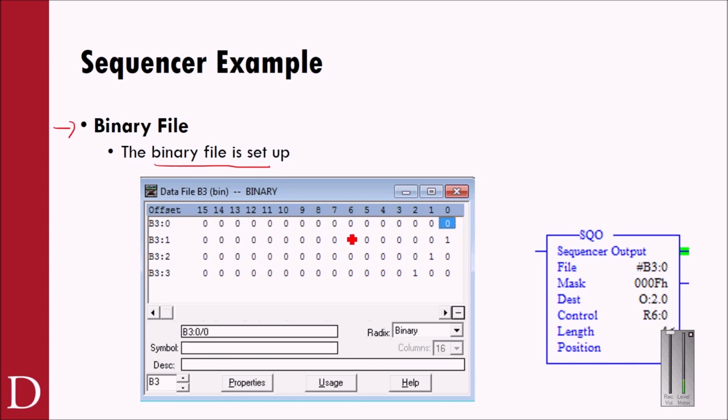So I can actually drill into the B3 file, and under properties, you can select how many individual words within B3 you want to use. In this case, I'm using word 0, word 1, word 2, word 3. And then you can see what I did was these first 4 bits, B3:0 is going to be 0, 0, 0. B3:1 is going to be 0, 0, 1. B3:2 is going to be 0, 0, 1, 0. And B3:3 is going to be 0, 1, 0, 0. So if my only goal is to light up, let's say, 3 lamps in sequence, I might move these binary files from the B3 file into my output,